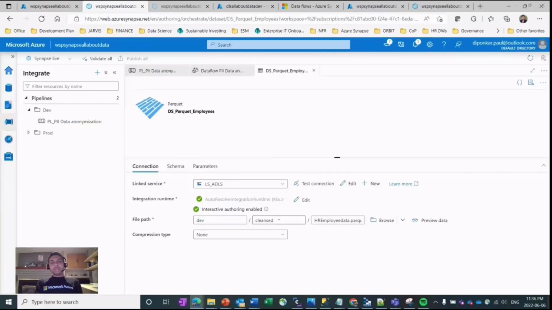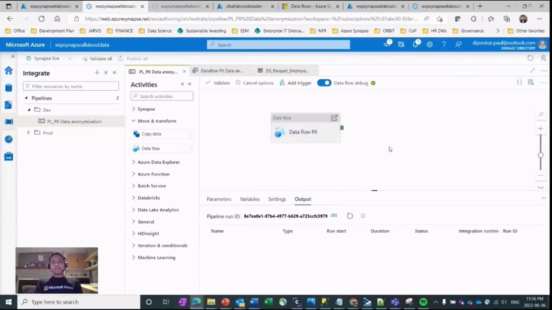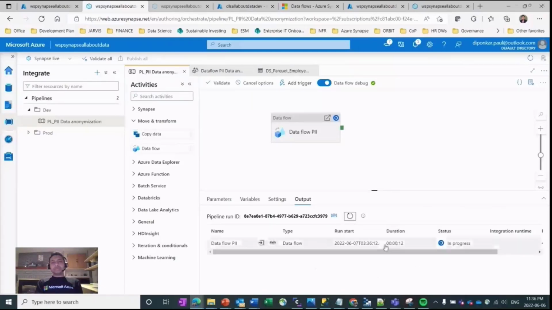As you see, we put that data in the clean layer. So if you run it, let's debug it. As soon as we run it, we expect the data will be masked and it will be under the clean layer or clean folder. So still running,